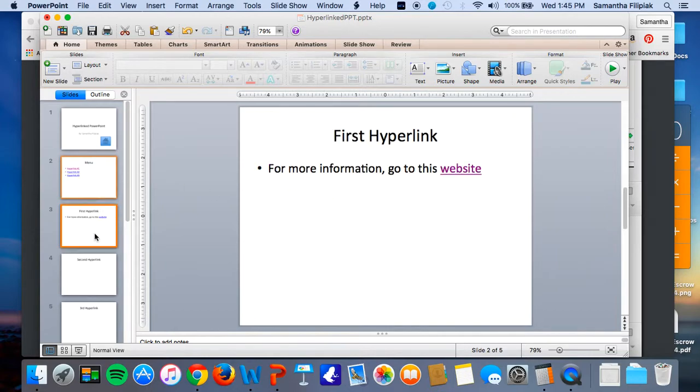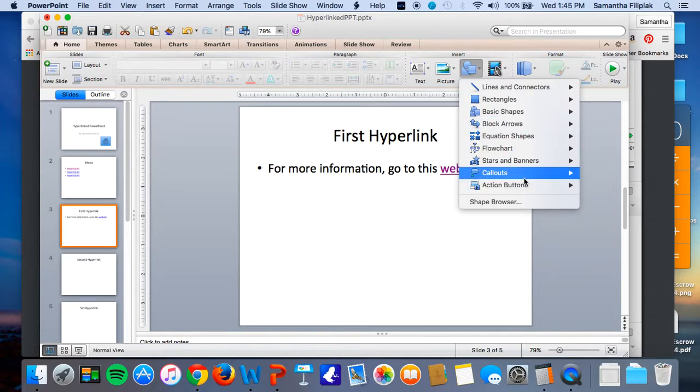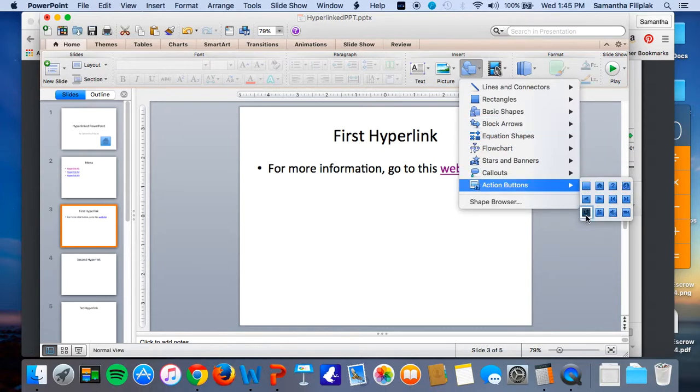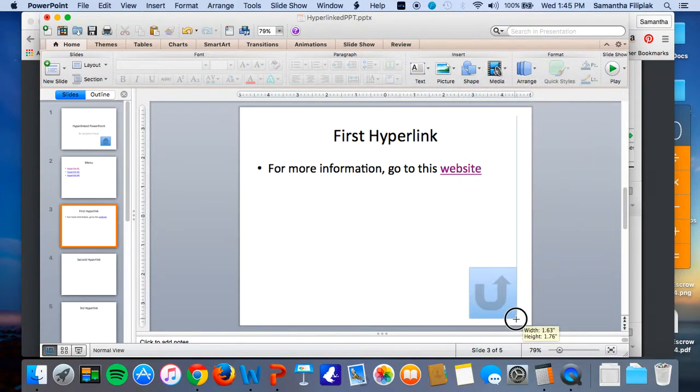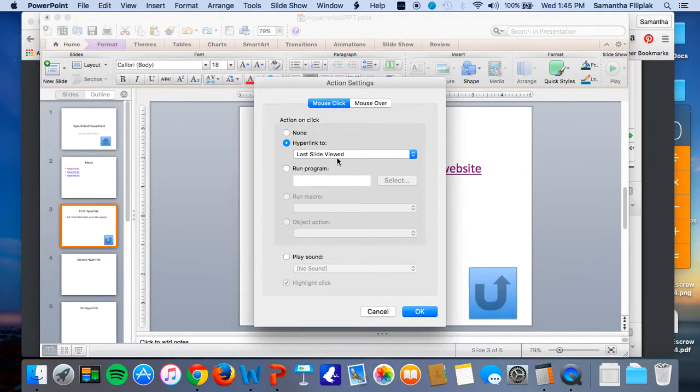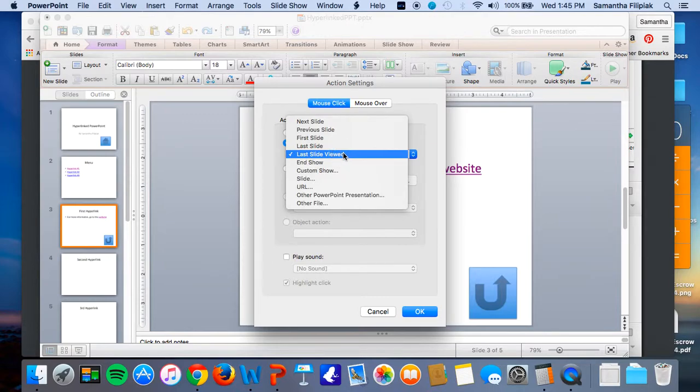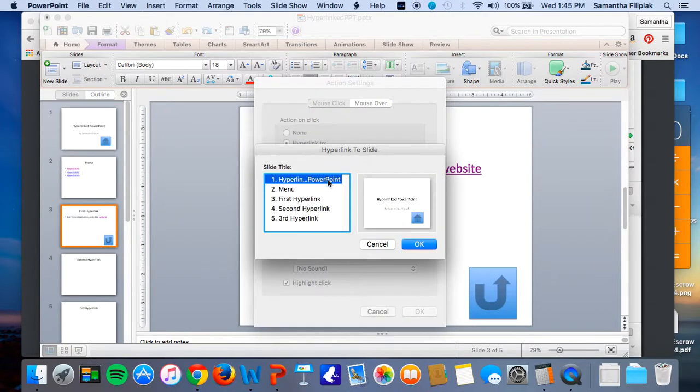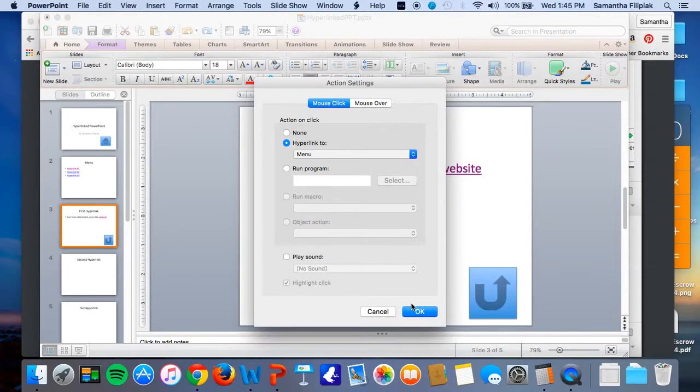So from here, I'm going to go to the first hyperlinked page, and I'm going to go back and create an action button. And I like this little U-turn one. The default for the U-turn one is to go to last slide viewed, which would actually be our menu slide, because in this case, our menu slide is what we're clicking hyperlink to. So I can either leave it as last slide viewed, or again, I could click slide and I could make it go back to our menu page,